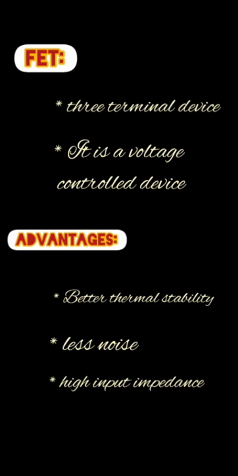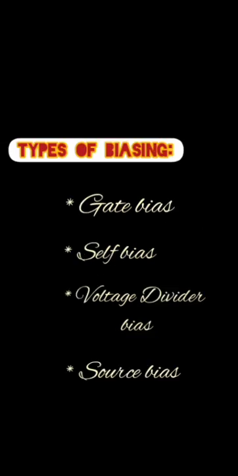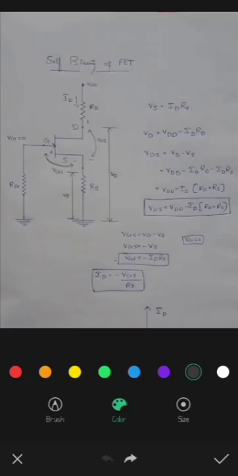In order to use FET in various applications, it needs to be biased. Biasing is nothing but it provides a fixed value of current that can pass through the FET and provides proper voltage drop. It is nothing but to turn on the device. There are various methods of biasing in FET, that is the gate bias, self bias, voltage divider and source bias. Irrespective of biasing, it is necessary to always reverse bias the gate source junction of FET for its proper function.